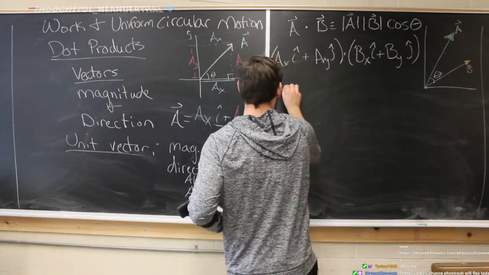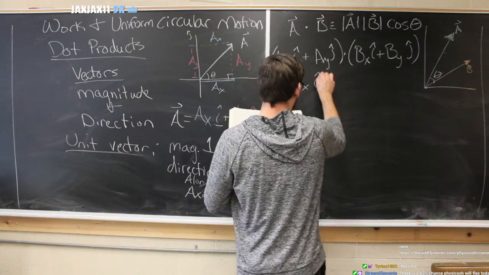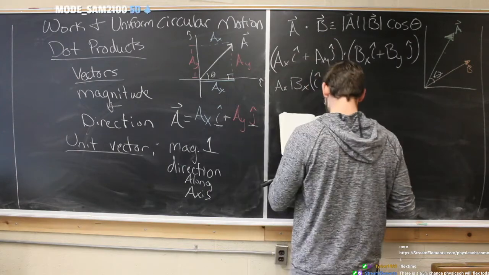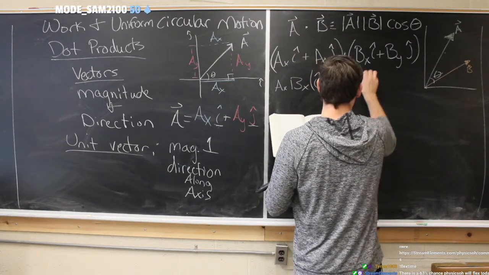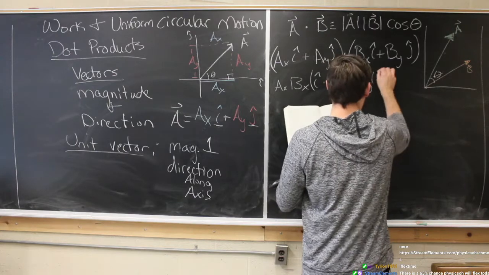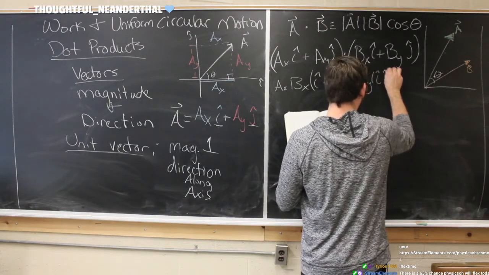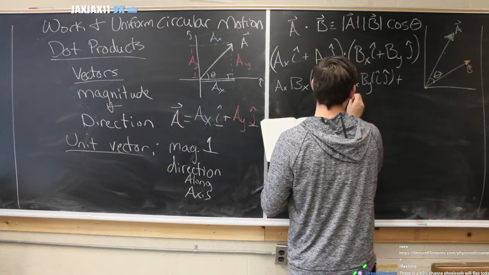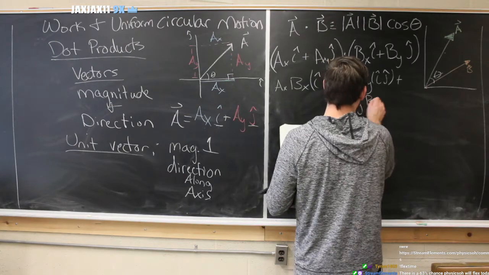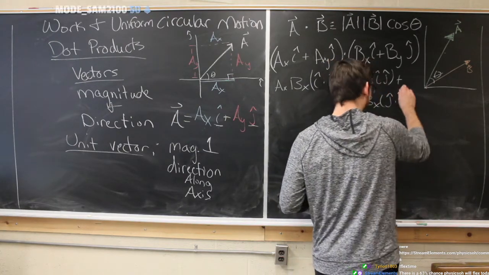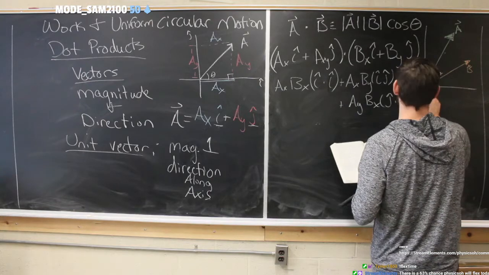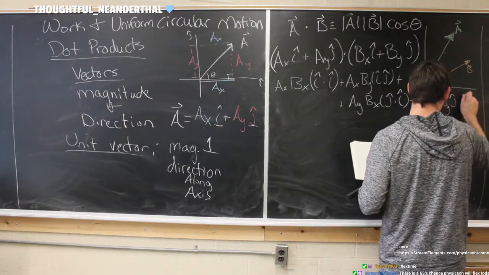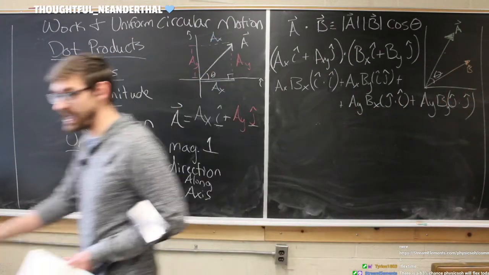We'd see we get AX BX i hat dot i hat, where the dot product goes through on the unit vectors, plus AX BY i hat dot j hat, plus AY BX j hat dot i hat, plus AY BY j hat dot j hat. Now, looking at our